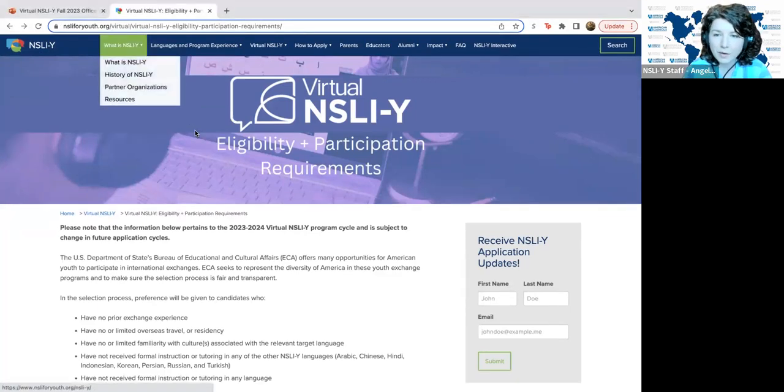The number of scholarships available per language is partially based on how many applications we have historically received for that language. Korean is very popular at this time, so I think we have the most sections for Korean, followed by Arabic, Chinese, and Russian. And then we have just one section for Turkish and Hindi. But that is somewhat equivalent to the number of applications that we receive for each language.